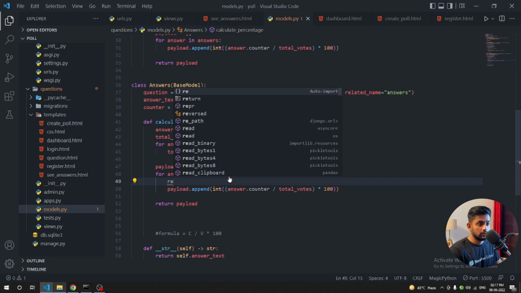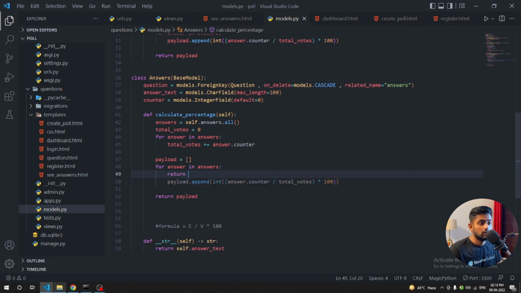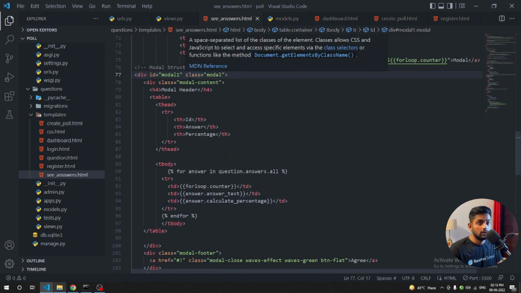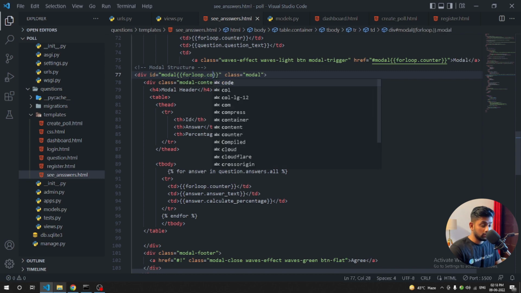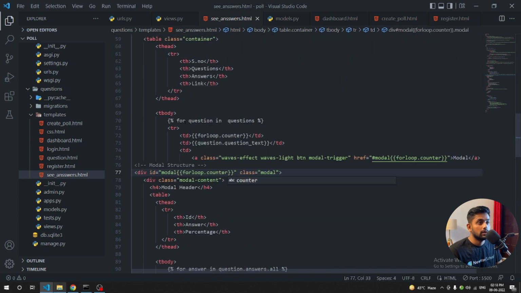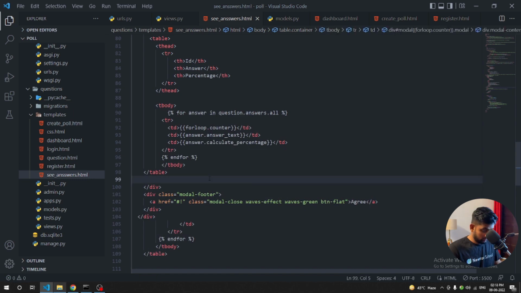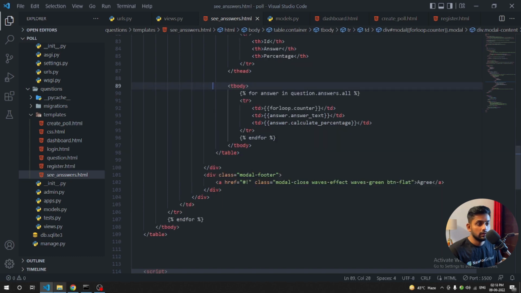So calculate percentage will work, maybe answer.calculate_percentage, and here we need to again use the modal, opening with forloop.counter. Okay, and like what we need to do is